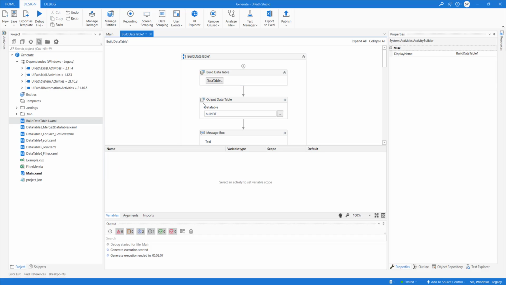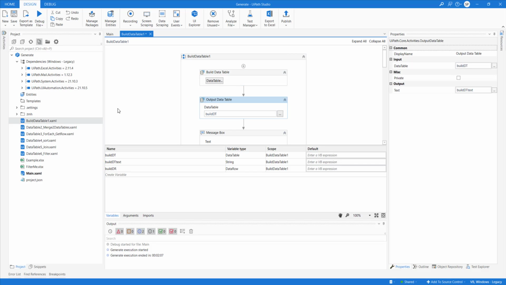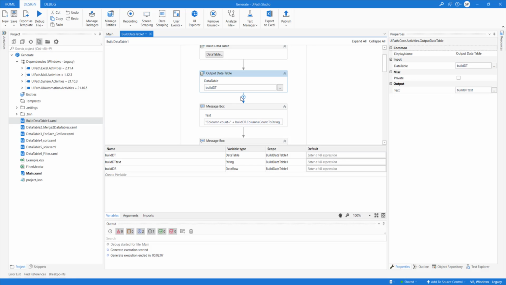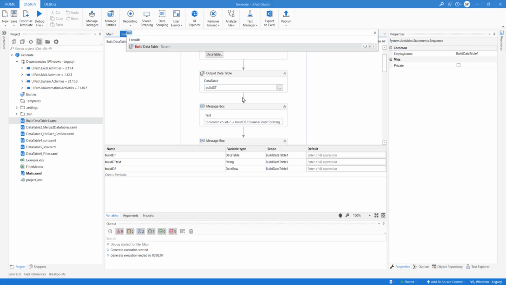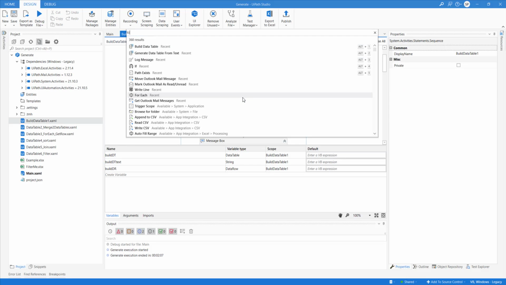We are also using an output data table so that if you need to generate a text file, you can do it. All you need to do is pass the data table name and the result will be stored into a string. Then here you can use a file operation.